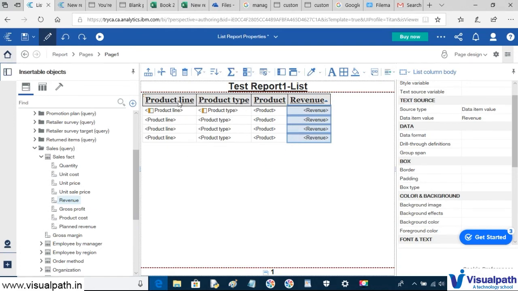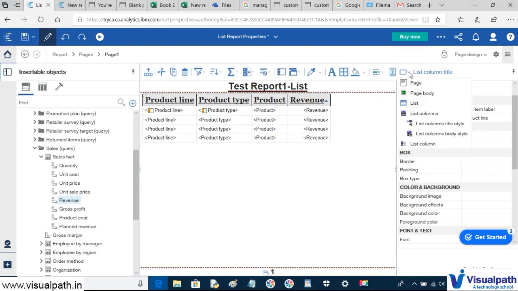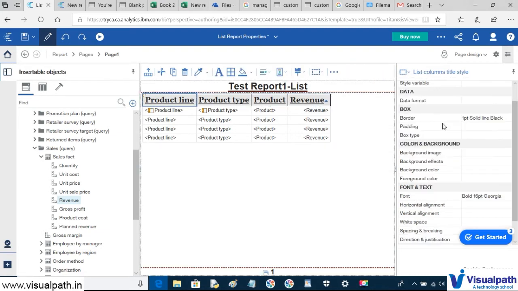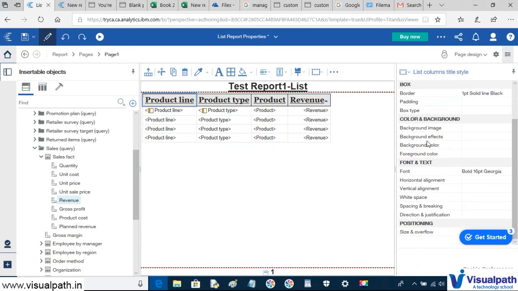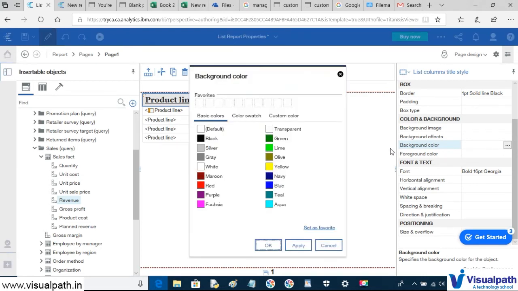Okay, moreover now we want to change the background also. So again select any column and then in the ancestor button select list column title styles. Make the background color white. Right now it is gray, make it white.